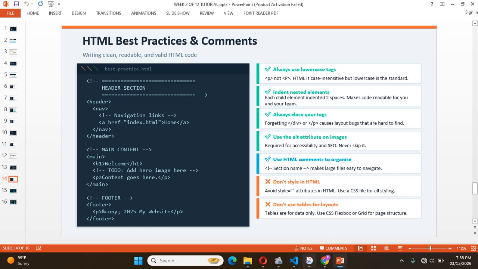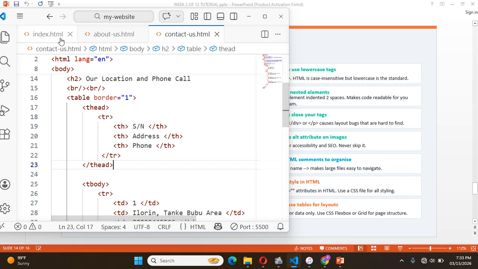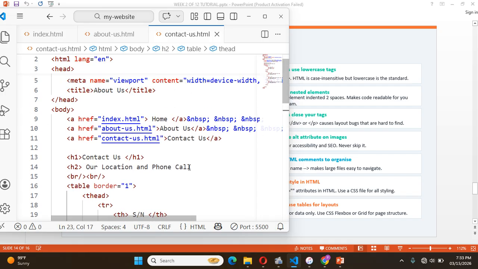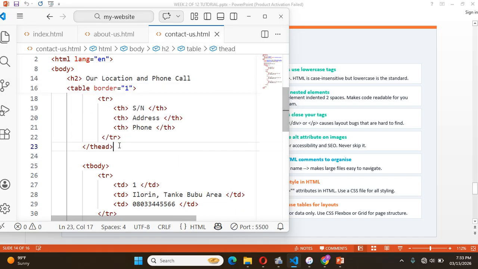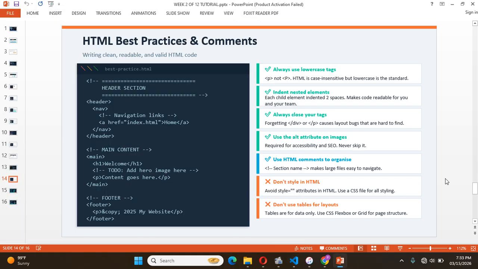Then don't use a table for layout. A table cannot be used for layout. For page structure, you use CSS flexbox or grid. Like now, a table here cannot be used to tag. Use tag for